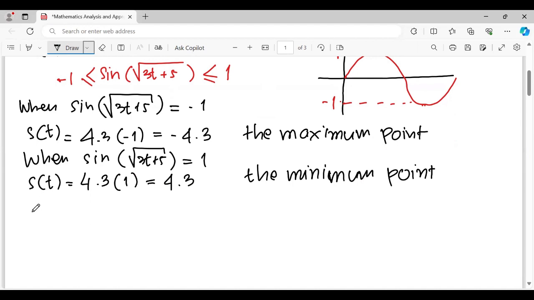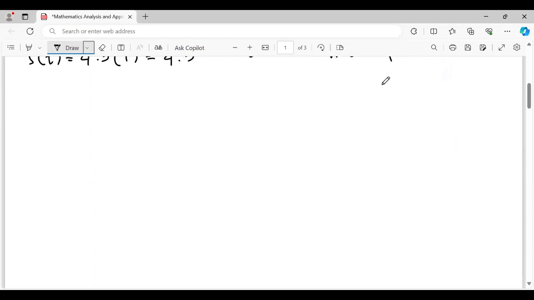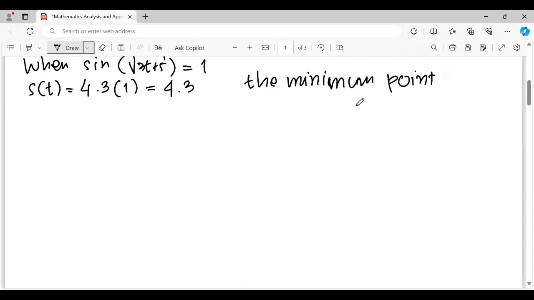Now, I would like to sketch the graph. So I'm going to start with the graph, but I will sketch. I'm going to find the coordinate points, and after that, sketch the graph. This is the s(t)-axis and this one is the t-axis. Right. Now, when